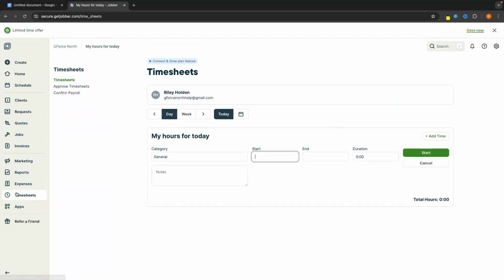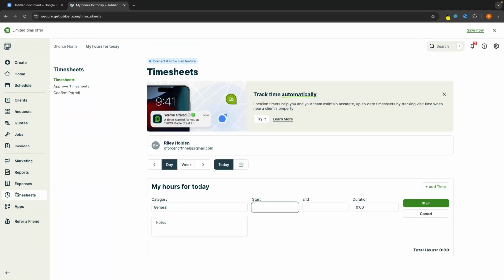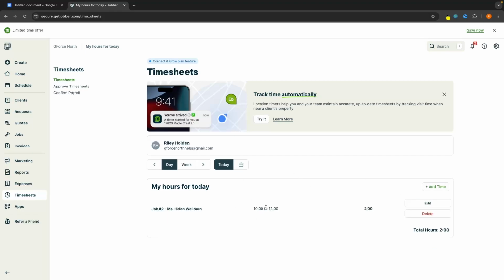Going down, we have timesheets, and this is where you can track the hours that you have worked. We can go down, you can set the hours for today. So we could go to Helen right here, or any other jobs that you have. We could enter the start time. Let's say 10 a.m. and we finished at 12. We could set that right there, add some notes, save, and that is how you can track your time using